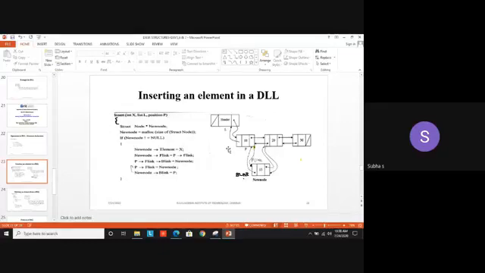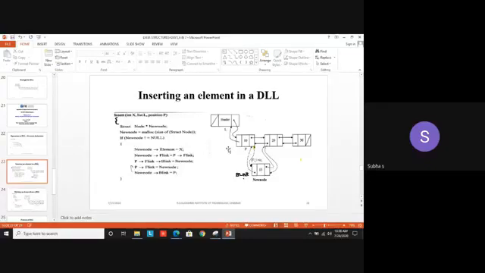But in a doubly linked list, what can we do? I can traverse in the reverse direction, assuming the 100 as the starting node. So from 100, 99, 98, reaching 67 is easy. In this method, we can use the backward link for inserting the particular element. I can insert any element randomly. If I know the position, I can go directly and insert it. That is the advantage in linked lists generally.